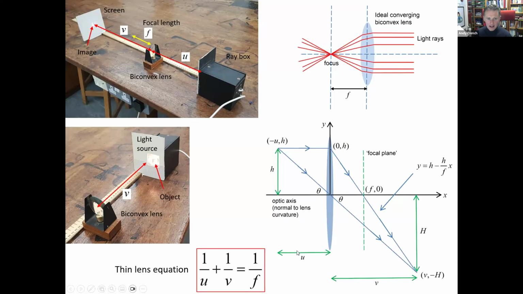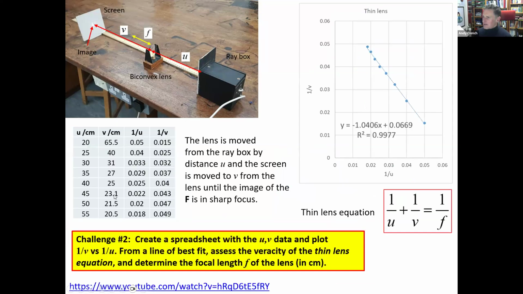And so I've given you some actual experimental data, which I took in my lab. And this ray box produces a big F, not F for French, but there we go. And you see an inverted F in the corner. I'm not sure that's going to come out in this talk, but the idea is you move the lens along the ruler until your image is in focus. There's a very good simulation from PHET called geometric optics, which explores basically the same thing. So the idea here is you're trying to work out from the gradient of 1 over V versus 1 over U what the focal length is.